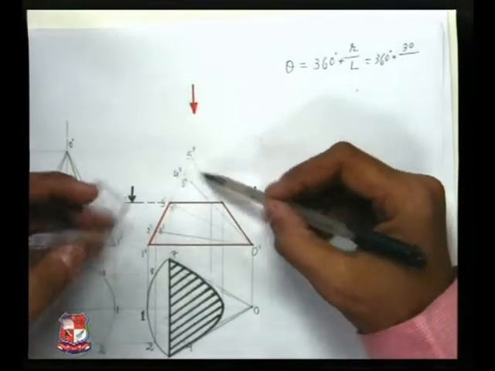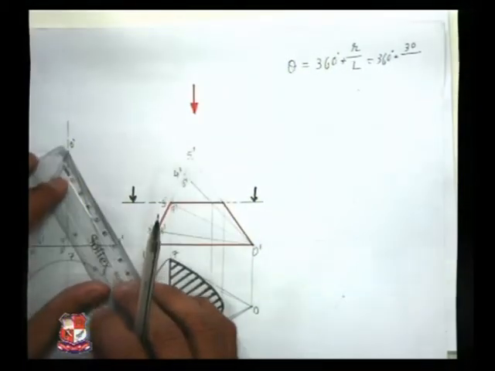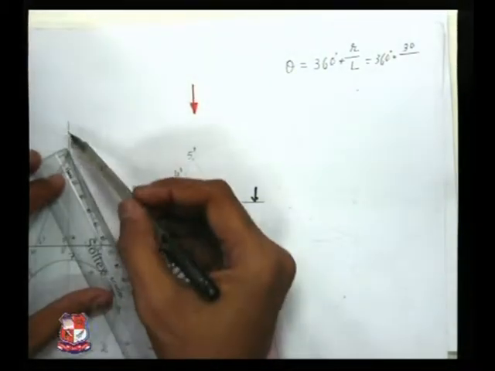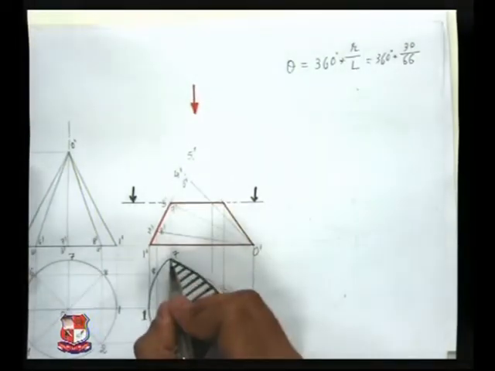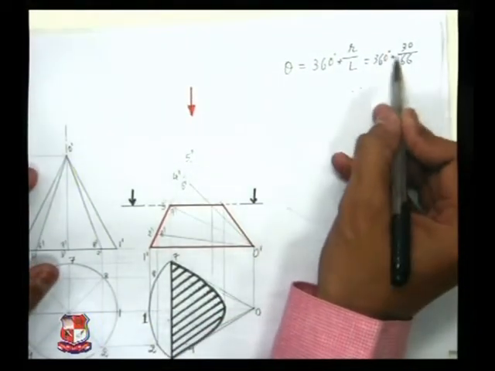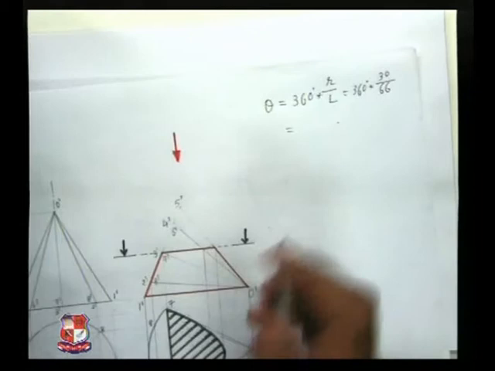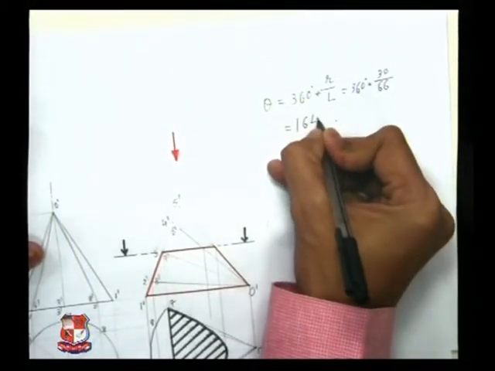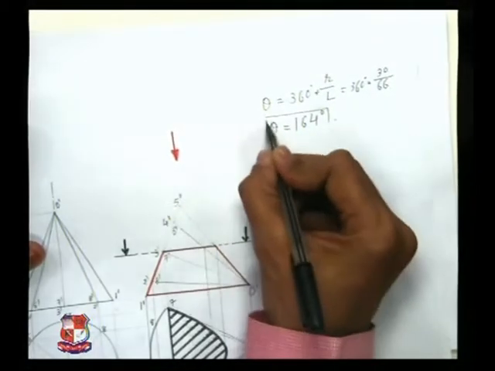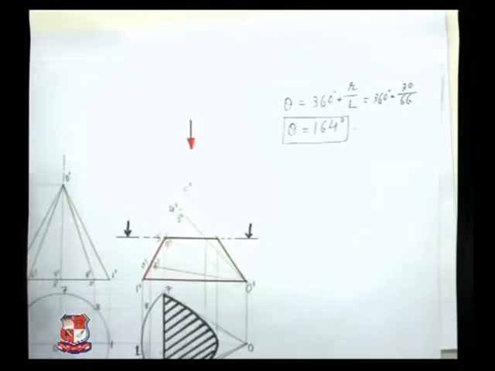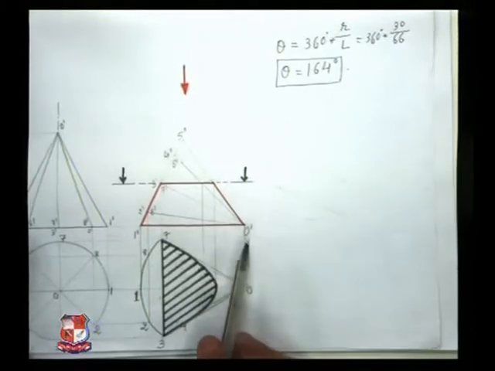So here this is O dash 5 dash or O dash 1 dash, both are the true length of its slant edge. So measure this length. From here O dash 1 dash comes out to be equal to 66 millimeter. So put it over here, and simplification 360 degree into 30 upon 66 degree, that comes out to be equal to 164 degree, nearly 163.63. So let me consider 164 degree angle theta. So this is first step. Angle theta covered by the development of this cone would be 164 degree.